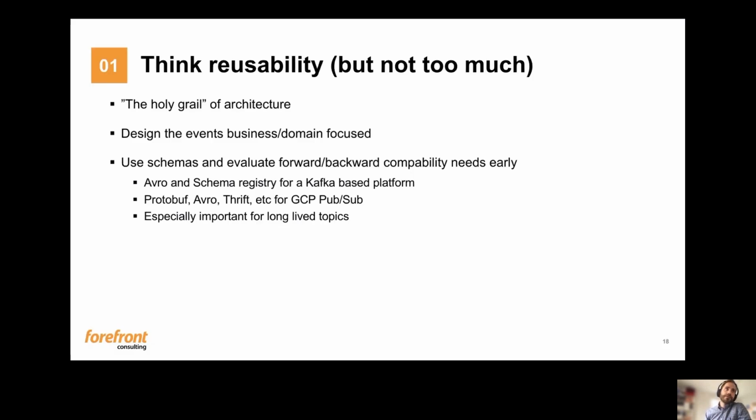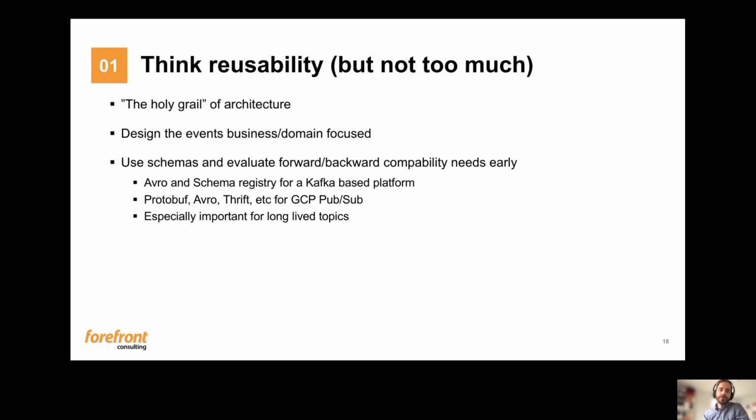Number 1, reusability. I mean, one purpose of putting time on architecture at all is to build things reusable so that we can use them for other things than they were originally thought of. But building things reusable also costs very much in time and effort to figure out how to make it reusable, because we have to envision the future. So should we even try to do things reusable? But I think that in terms of designing events, that's one of the parts of the work that you could put some effort into.